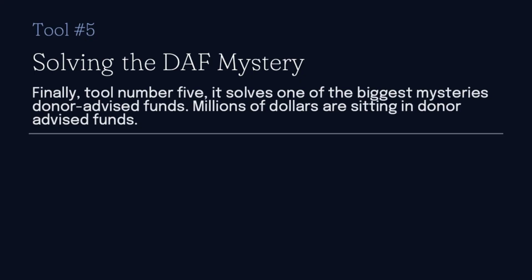Finally, tool number 5. It solves one of the biggest mysteries: donor advised funds. Millions of dollars are sitting in donor advised funds, often anonymously. New AI-driven platforms are now analyzing historical giving patterns to identify which of your donors are likely using DAFs. This allows you to tailor your ask specifically to tax-advantaged giving, which is exactly what high-capacity donors are